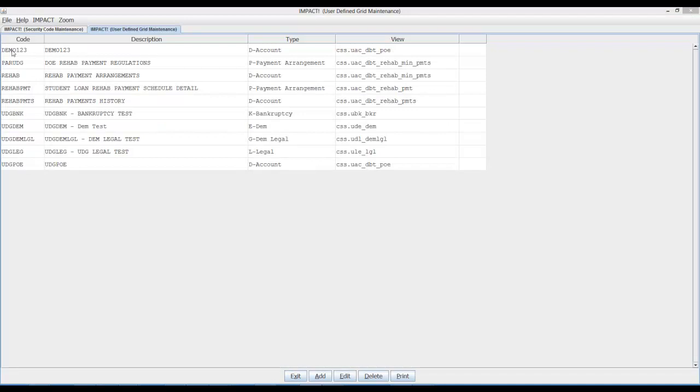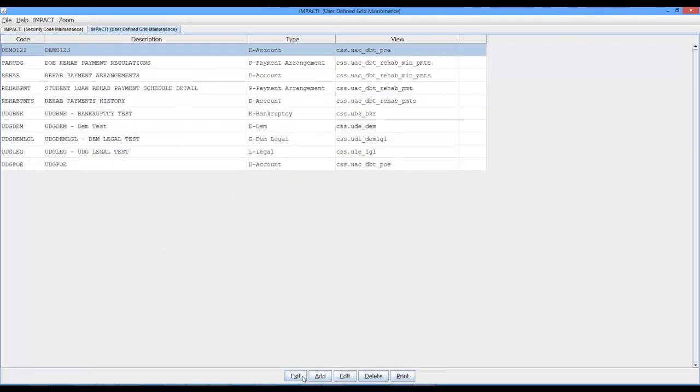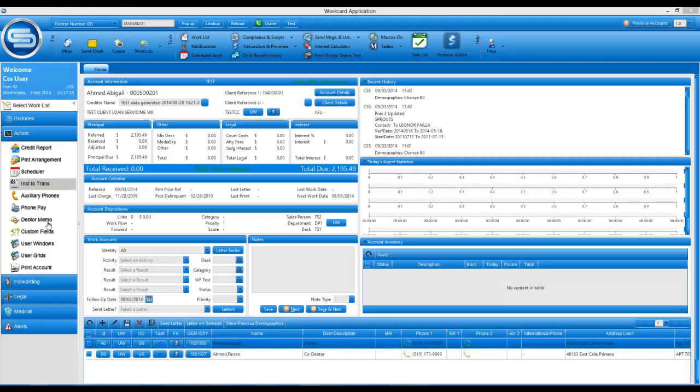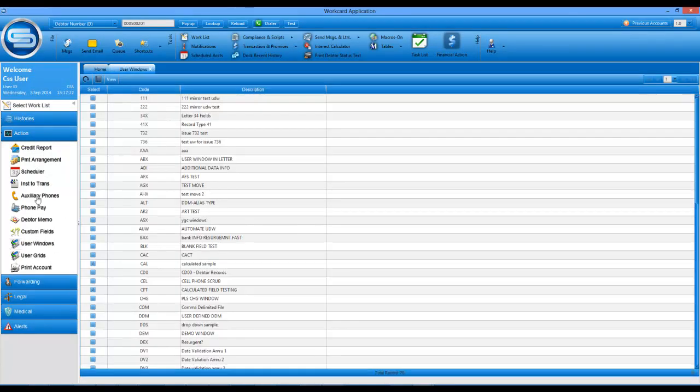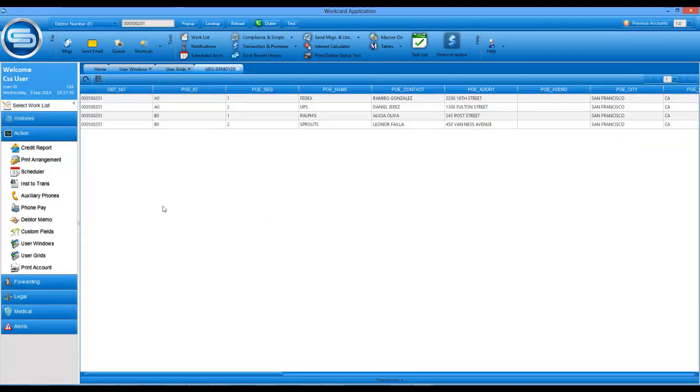So here is our grid. We're going to turn this option to yes to only display the results of the query for that specific account only. We're going to save that and return to the account. So here is the account again. Let's call on the account level user window, and we're going to open the demo 123 grid again, and this time we only see the results for the current account, in this case account